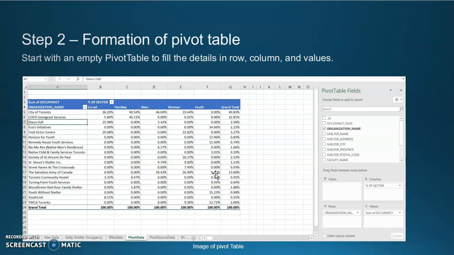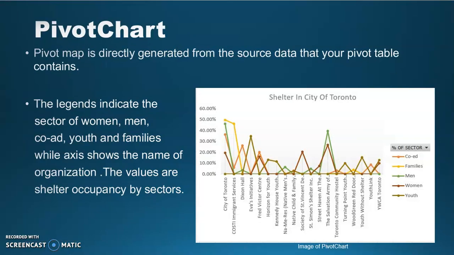The pivot table also provides various features such as design, and various types of formats of your value such as percentage, maximum, minimum, count. Here I choose the percentage for my value. And next is the pivot chart. A pivot chart is nothing, we can generate it from the data of our pivot table. You can find the pivot chart in the insert tab.